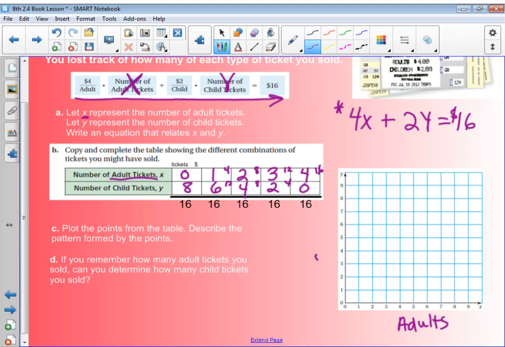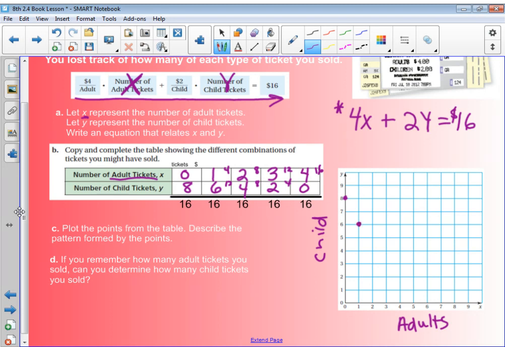And these are our child tickets. Okay, and then we're going to go ahead and plot these points. So the first scenario that we had was 0 adult tickets, but we could buy 8 child tickets. So we went over to 0 and up to 8. Our second scenario, we go over to 1, buy 1 adult ticket, but then we could buy 6 child tickets,